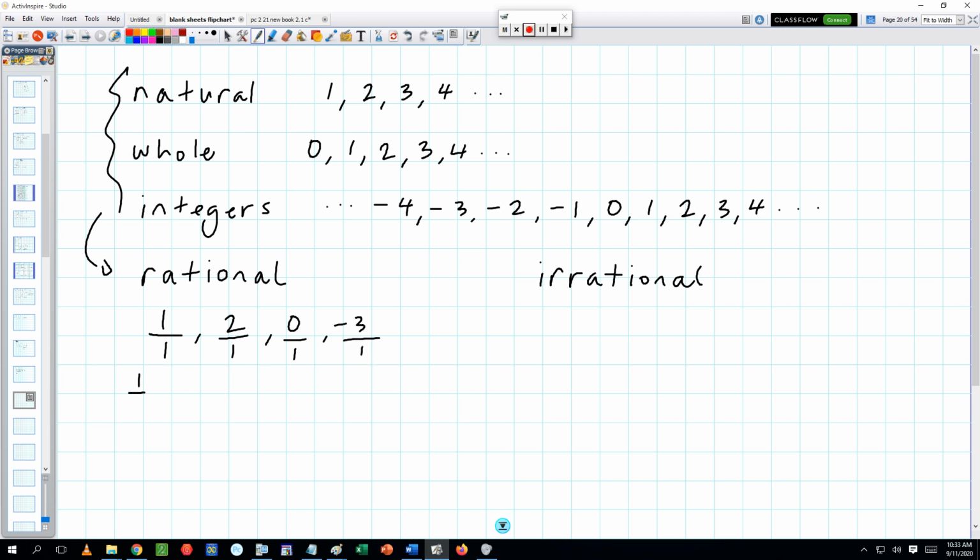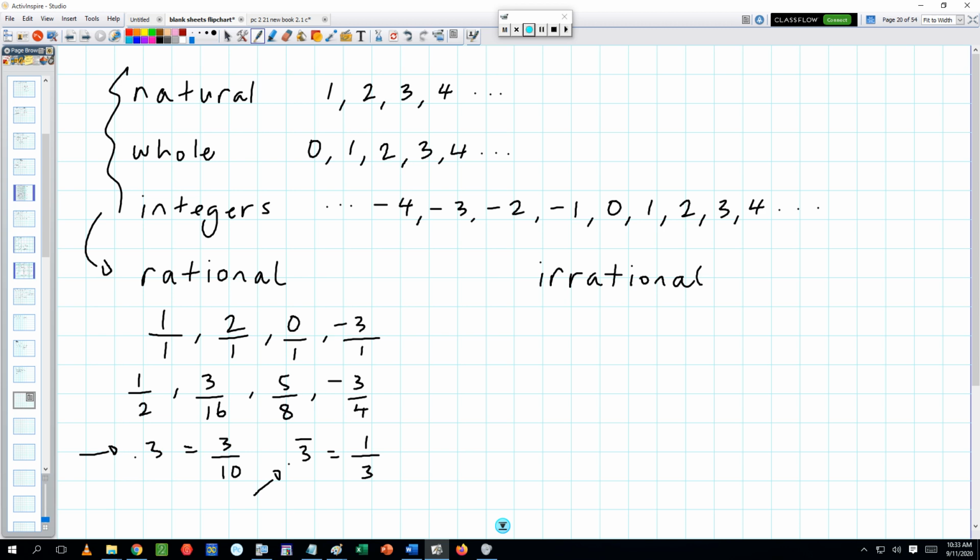But then you have your fractions: a half, 3/16, 5/8, and negative fractions: negative 3/4. Decimals: 0.3. 0.3 can be turned into a fraction pretty easy because that 3 is in the tenths spot. So 0.3 is the same thing as 3/10. 0.3 repeating can be easily turned into a fraction. If you were to go to a calculator and type 1 divided by 3, it's 0.3 repeating. So any fraction, any decimal that stops, any decimal that repeats, fractions, whole numbers, positive, negative, these are all rational